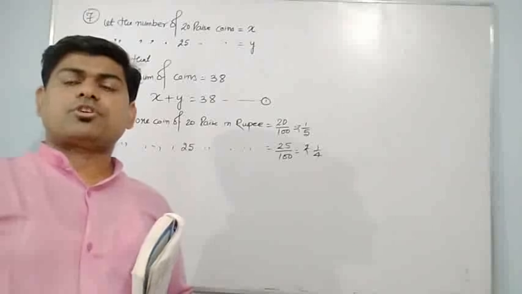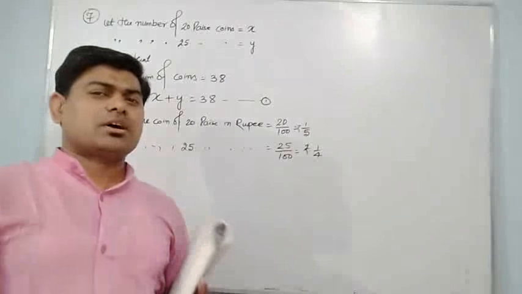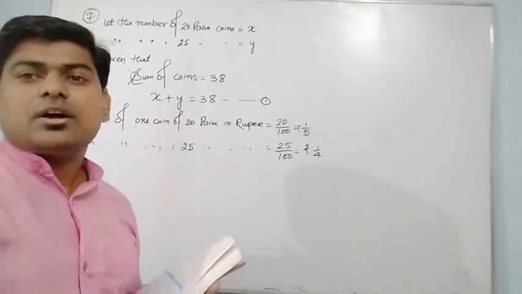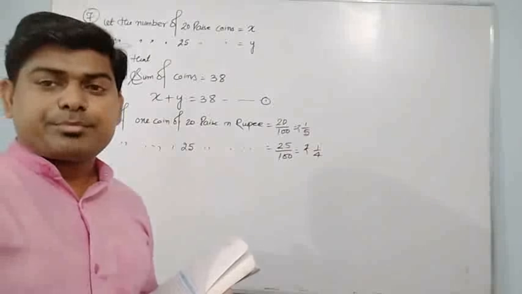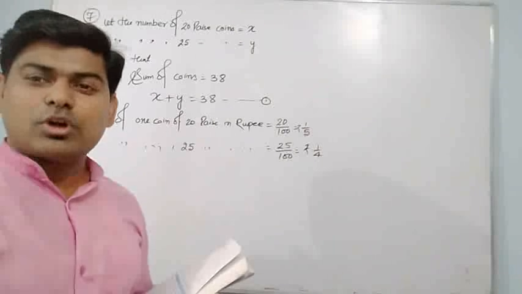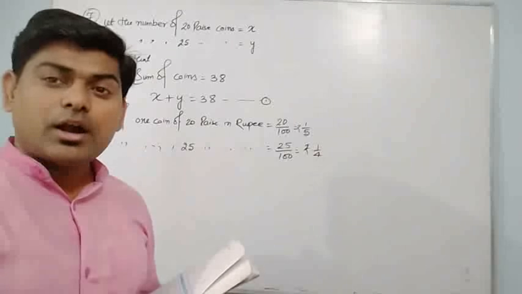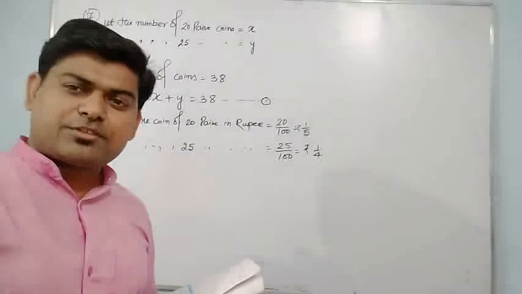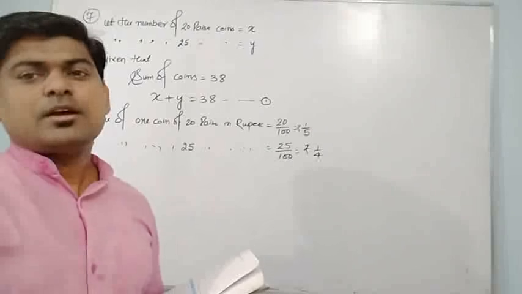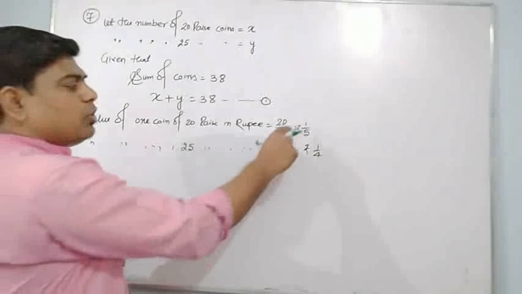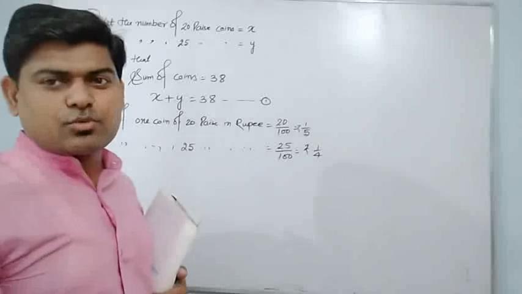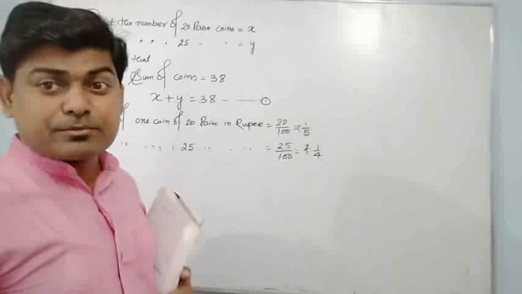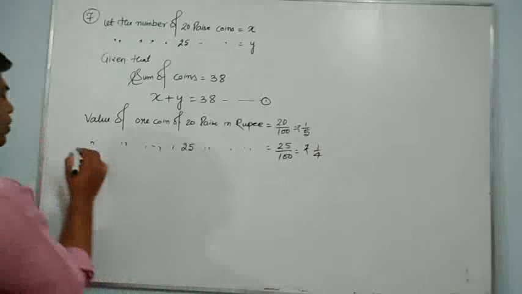And definitely a 20 paise coin can be converted in rupees, then it has to be divided by 100. What is the concept behind it? Why have I divided by 100? Very simple. We can write, since 100 paise is equal to 1 rupee, therefore 1 paise is equal to 1 upon 100 rupees. 20 paise is equal to 20 upon 100 rupees. 25 paise is equal to 25 upon 100 rupees. Now, suppose that the value of one coin is equal to 1 upon 5 rupees. How many coins are we having of 20 paise? X coins. So, what will be the value of this one? 1 upon 5 into x. So, what can I write?